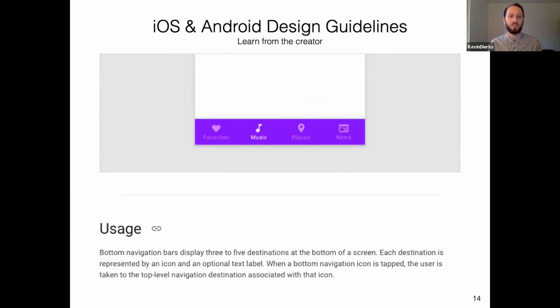So in this example, you see a bottom navigation bar from Android, and you can read up in the guidelines what the bottom navigation bar is used for. What does it look like? What are customizations? So it tells you specifically what components to use for what and what they should look like. So it's a very great starting point when you just want to build your initial layout of the mobile app.